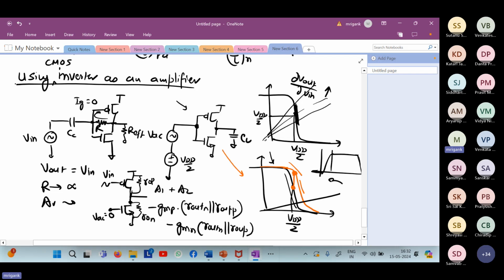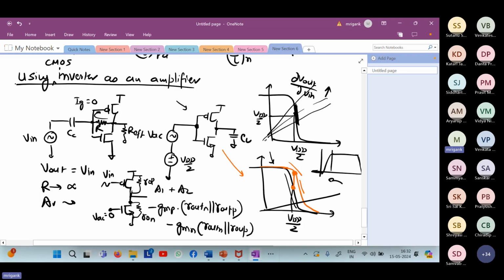How do you form a capacitor? When you have to design a capacitor in a chip, you have to basically use two metal layers. In between, there has to be a silicon oxide, and then you form the capacitor. So the larger the capacitor, the larger the area of that capacitor on the chip. And chip area is very costly. We cannot have a very large capacitor on the chip.